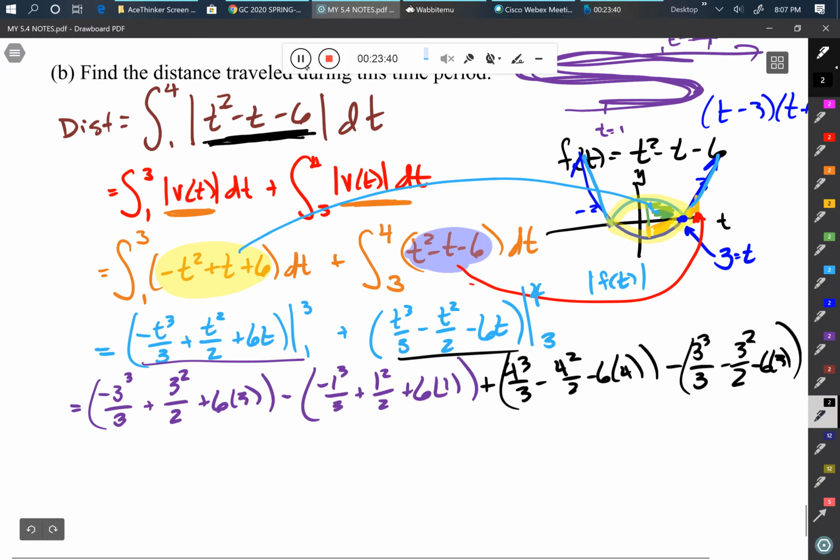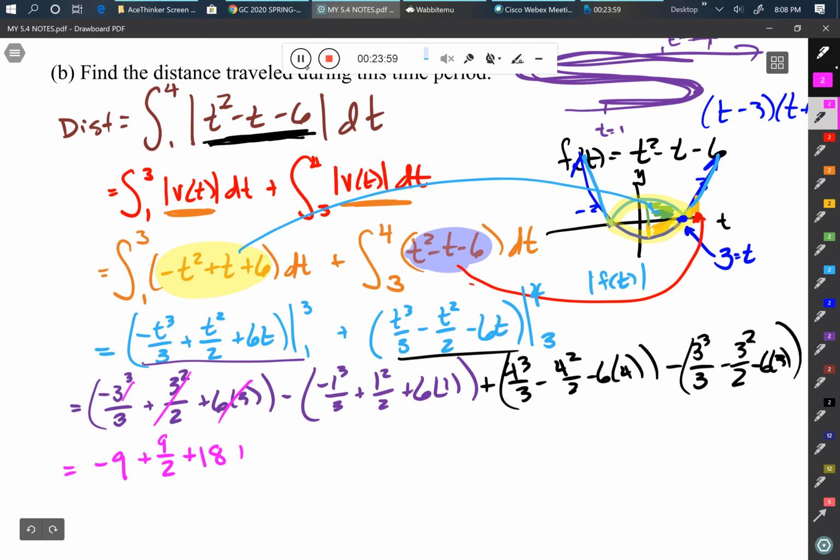Just left to right, working each piece, figuring out every single silly value. Right? Negative 3 cubed over 3 is going to be a negative 9 plus 9 halves plus 18 plus 1/3 minus 1/2 minus 6